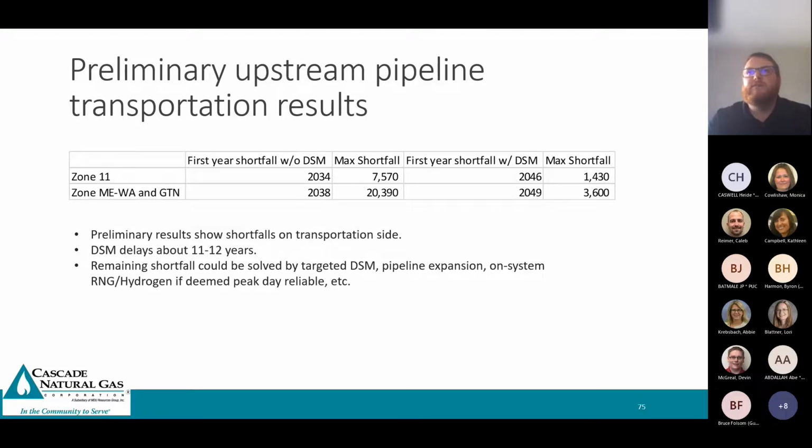And we identified some shortfalls in Zone 11, which is our central Washington area. It's up a lateral on Northwest Pipeline in 2034. And then in Zone Me, Washington, and GTN. So this is, and I'll remind people of the previous TAG presentation, the flexibility of our